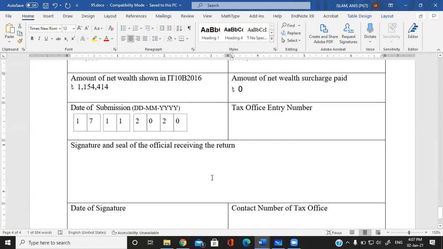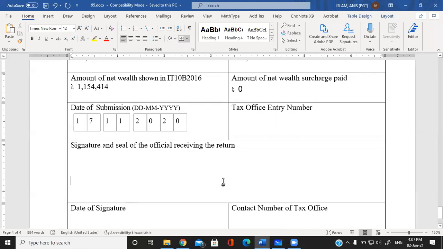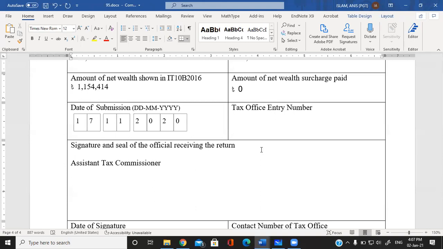Okay, so what the tax officer will do: you see the space for signature and the seal of the official receiving the return. So when you will be the assistant tax commissioner, does anyone want to become the assistant tax commissioner? Sir, it is possible to become. Okay, so a tax commissioner, assistant tax commissioner or senior assistant tax commissioner will